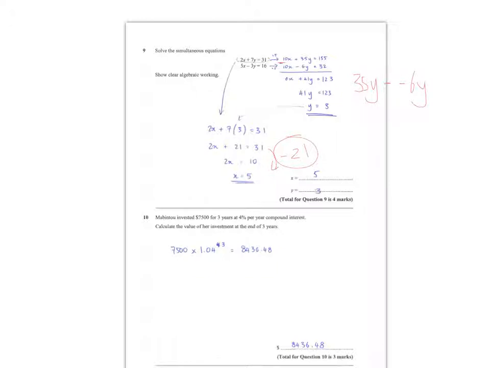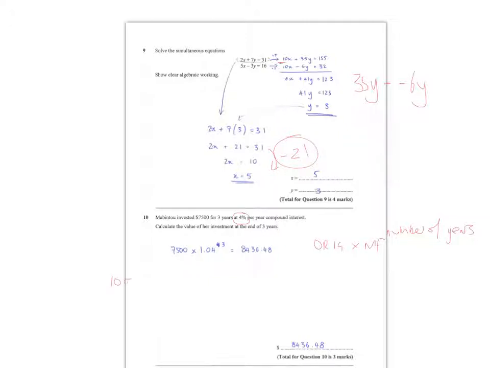In order to calculate the value of Bintu's investment at the end of 3 years, we need to use the formula, which is the original times your multiplying factor, to the power of the number of years, and this gives you the amount in the account at the end of that number of years. Well, the original amount that Bintu puts in the account is $7,500. As it is a 4% compound interest per year, so 4% increase,